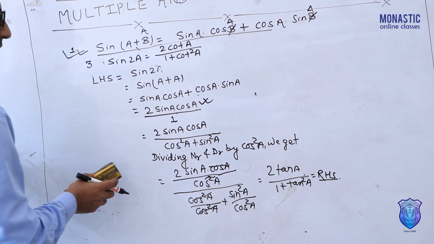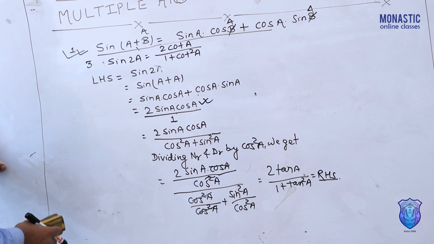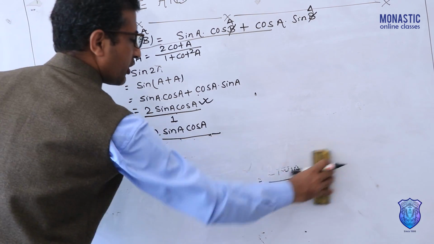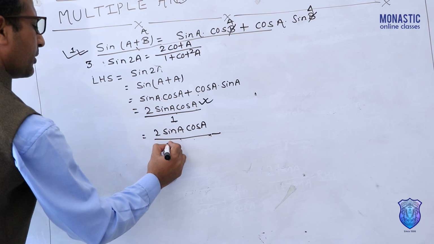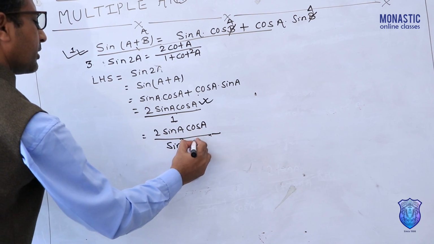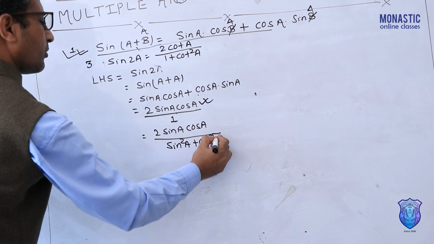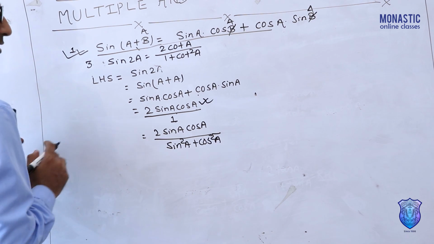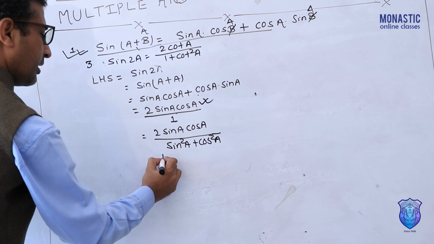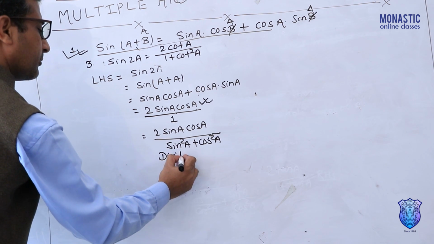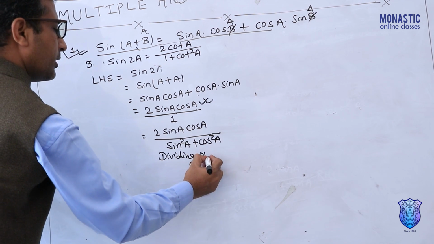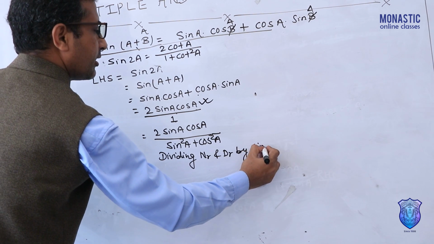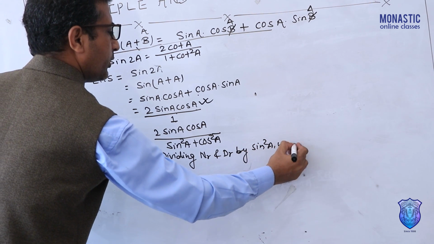The only change is that we divide numerator and denominator by sine square A. Here in place of 1, we can write sine square A plus cos square A. Either you write cos square A plus sine square A or sine square A plus cos square A, it doesn't differ. Both are the same. Now dividing numerator and denominator by sine square A, we get